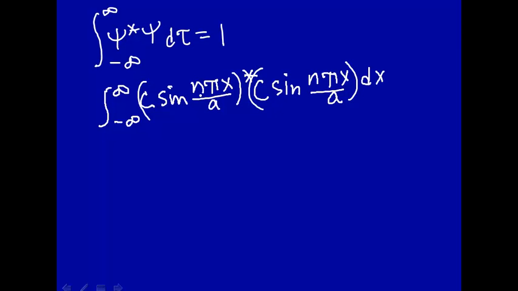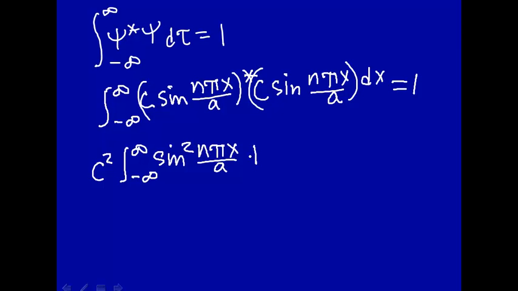All right, now there's no i term in here, so the complex conjugate is the same as this, so we need not change i to minus i, and we want this to equal 1. C is a constant, so we can pull that outside the integral. This becomes c squared, integral from minus infinity to infinity of sine squared n pi x over a